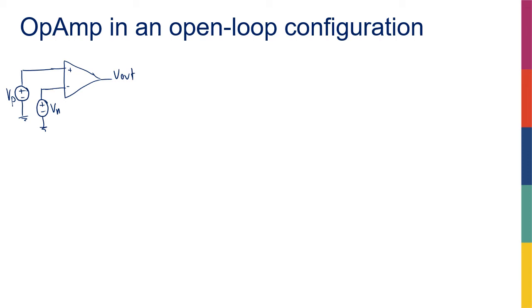I would never design an amplifier like this, even if I want to amplify the difference between Vp and Vn. I know that V out is equal to A times Vp minus Vn, so it can be an amplifier, but I would never do that. You would never see an op-amp in this kind of configuration as an amplifier. Why don't I do that? Well, there are several reasons, but there are a couple of major reasons that stop me from doing such a thing. The first one is, well, imagine that this is not a good amplifier